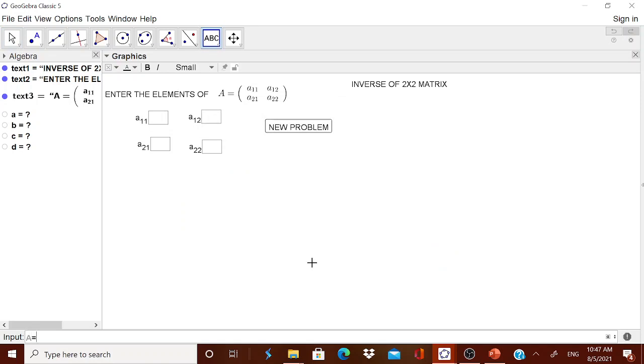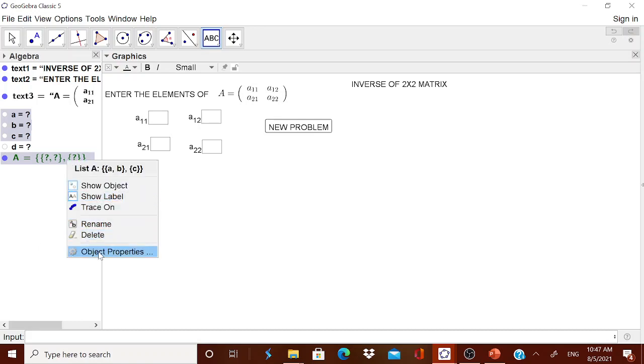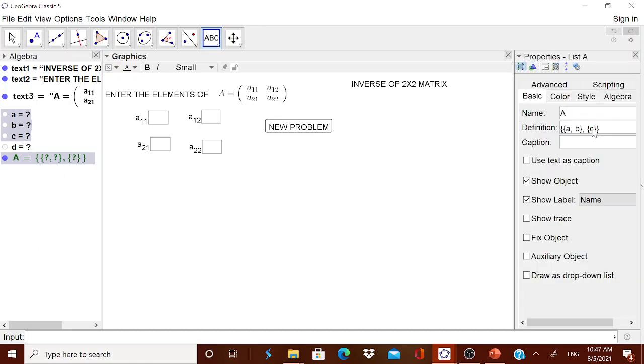is equal to, I think already we have discussed it, start a bracket, again start a curly bracket, A comma B, that is the first row, then come out, then comma, inside the bracket once again a curly bracket, C comma D. Is it okay? Then enter. Now you see it is coming only as a question mark. I think some mistake I have done. I think it should be C comma D. Good.